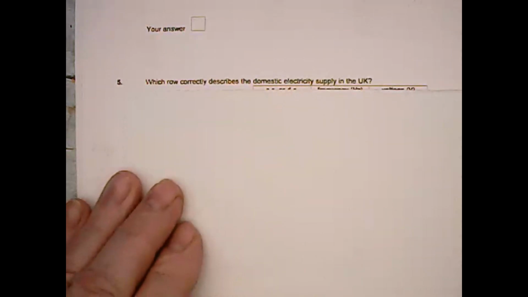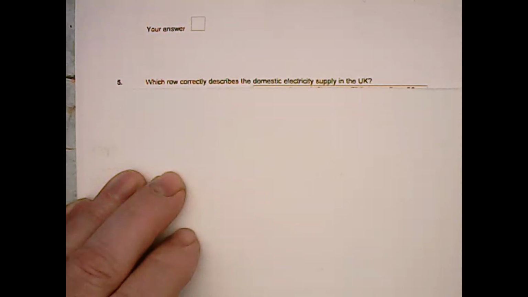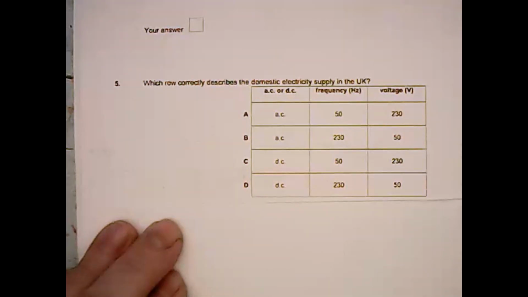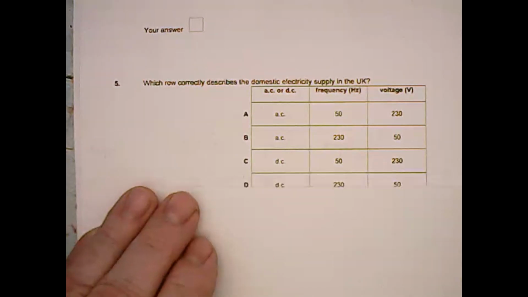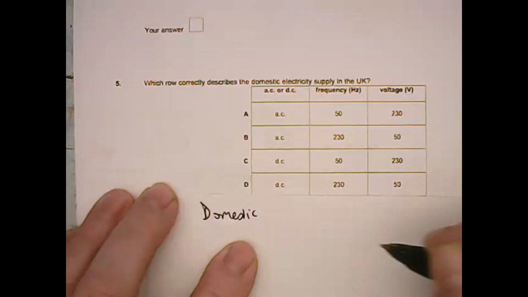Then question 5. Which row correctly describes the domestic electricity supply in the UK? Now, without me revealing the options, I wonder if you know the answer. Let's have a look what the options are. A, B, C, or D. Have a look at those. What do you think? So this is something you kind of have to just know. It's hard to deduce it from the information provided. So let's just know that the domestic supply in the UK,